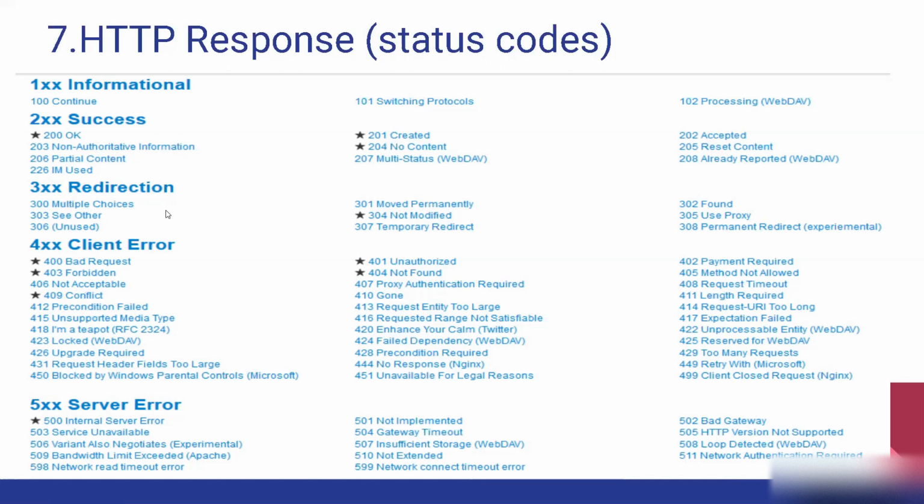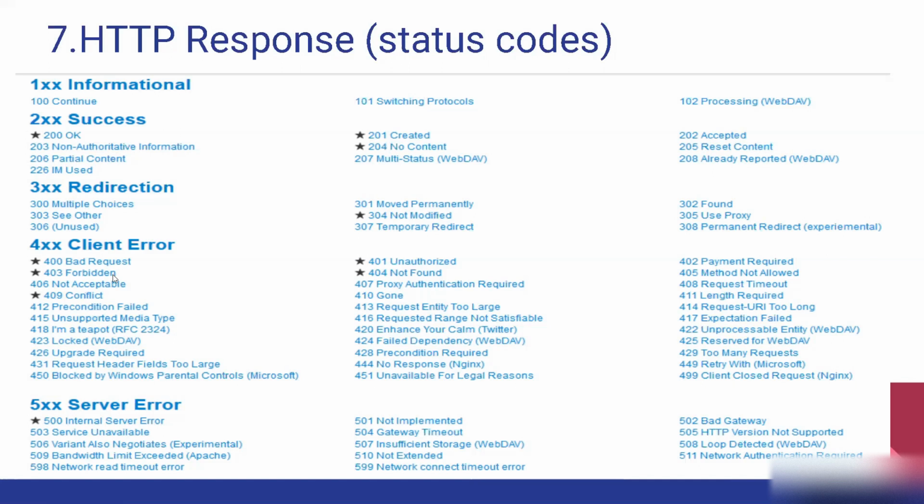300 is redirection. So let's take an example. Earlier, my website was facebook.com. I created all those APIs there. Now, after some time, I created another website, facebook2.com, and made it the main website. But my APIs are still using the first one also. So I'll redirect facebook.com to facebook2.com, and in that case, the status code would be 300 redirection. 301 is moved permanently, or temporary redirect is 307.